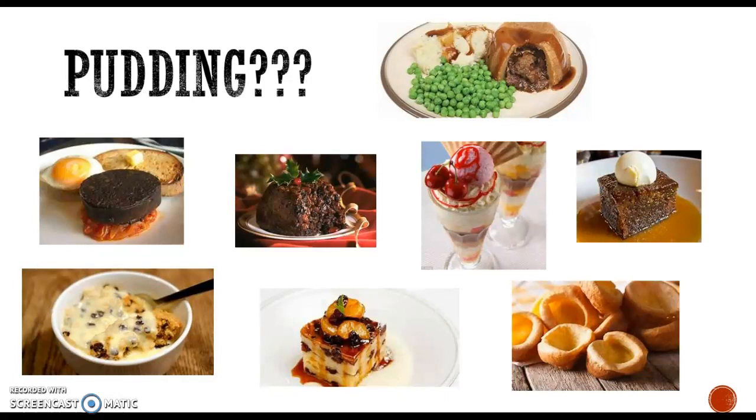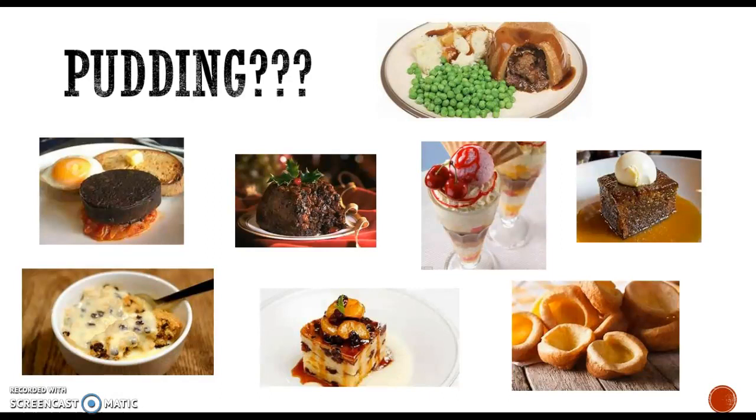One of the other confusing terms in the UK is the word pudding. So first of all, in the US, pudding is something else. It's what the UK call custard. The word pudding in the UK can be used to describe something that's sweet or savory. The definition of pudding here is a mixture of ingredients baked, steamed, or boiled. So it's a pretty broad definition. And depending on the ingredients, a pudding may be served as a main course or a dessert.